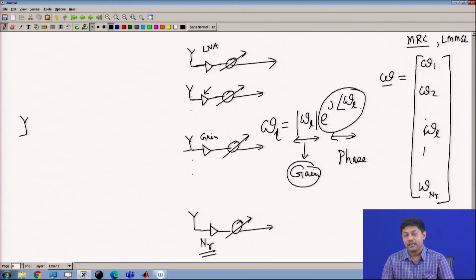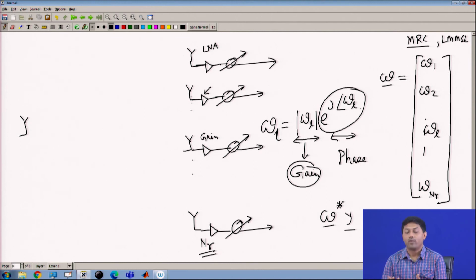So, I am multiplying definitely with the W, but I am multiplying in a very intelligent way. The gain part I push to the default LNA and only the phase I created as a phase shifter. That is the only job I will do. Next, what should I do? Now, you look at what my intention is. I want to omega, now this y is virtually like an RF y, right? That is because this W is now in the RF, but obviously I will view it from the digital domain.